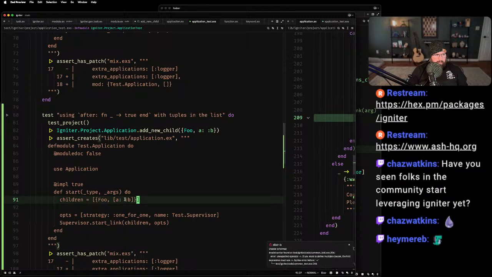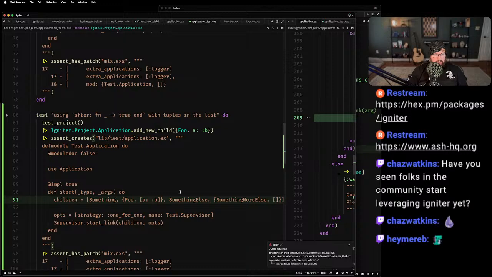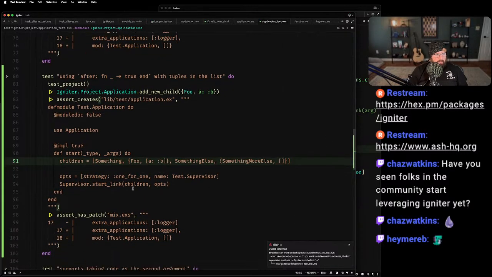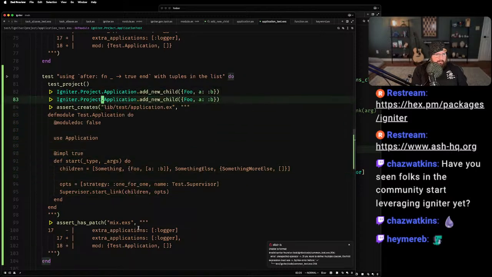So here we've got a tuple. Let's just put something else, something more else. And then what we want to do is, oh, this is not quite the right thing. So let's do, yeah, I guess actually we can build it up more.